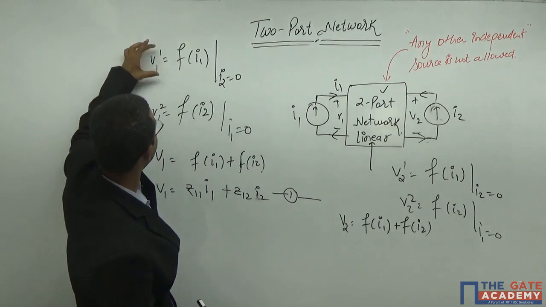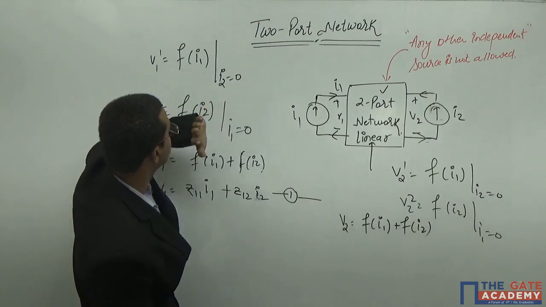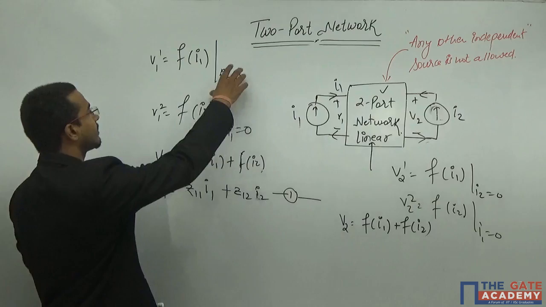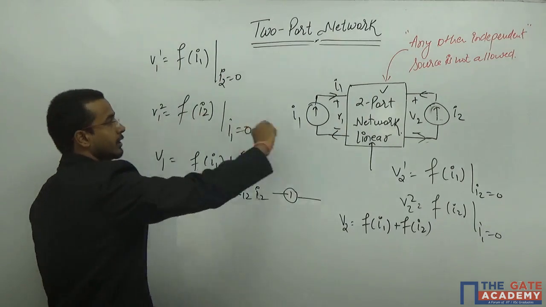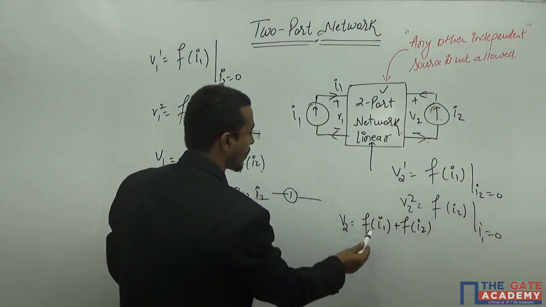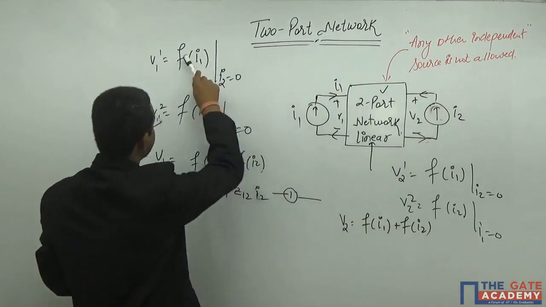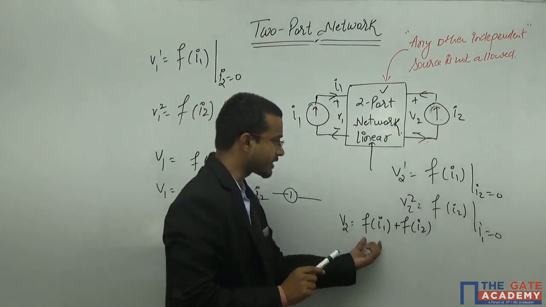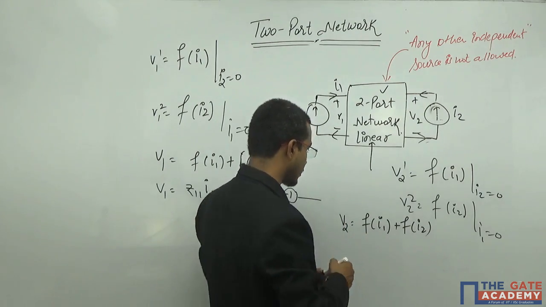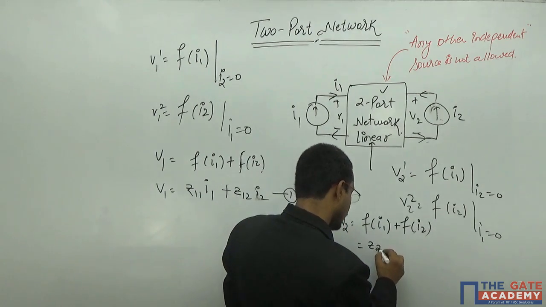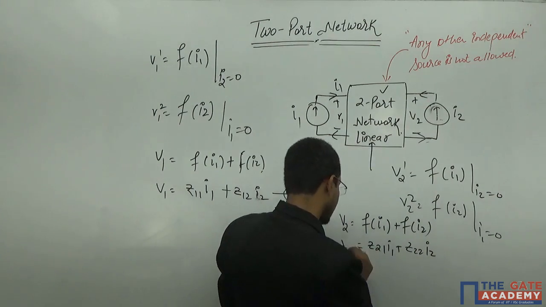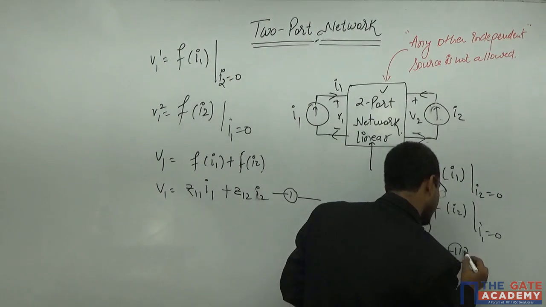Because here you are calculating the V1 as a function of I1 when this particular is 0. But here you are calculating the potential here. In the first case, the condition is the same but you are calculating the voltage here in this particular terminal. But in this particular case, you are calculating the voltage here. That means this function of I1 and the function of I2 is not the same as here. That means it will get multiplied by some other factor, which is Z21I1 plus Z22I2 and V2. And this is my equation number 2.